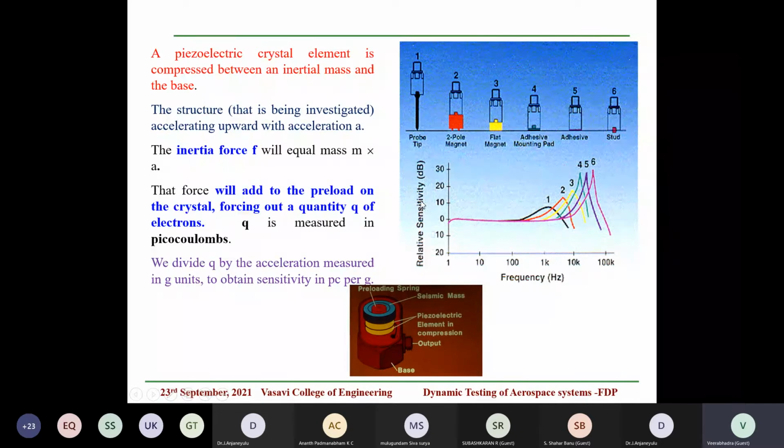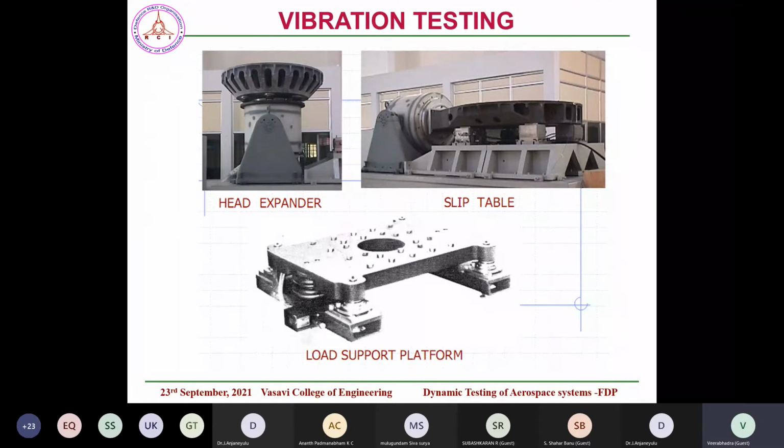And then for vibration testing, I have told about one electrodynamic shaker. A few typical representative photographs I am giving. This is typically a 16 ton, or say 160,000 Newton shaker, where apart from the shaker we have to use some associated equipment, what we call a head expander, that is expanding the base of the shaker. That is because you will have large surface items. You can't have one shaker for 1000 mm, another shaker for 2000 mm. So we use associated equipment which will expand from 1000 to 2000 mm, and we can mount the system here and control appropriately.